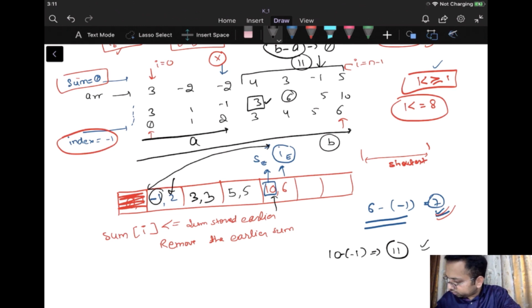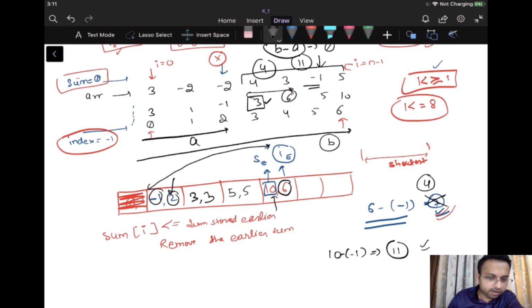You can calculate it. This is 7, right? 7 minus 1 is 6, 6 plus 5 is 11. So that's fine. So what I'll do, I'll update the answer. The answer won't be equal to 7 now. The answer will be this IE minus IB, which is 6 minus 2. 6 minus 2 is 4. So the length of this is 4 only.